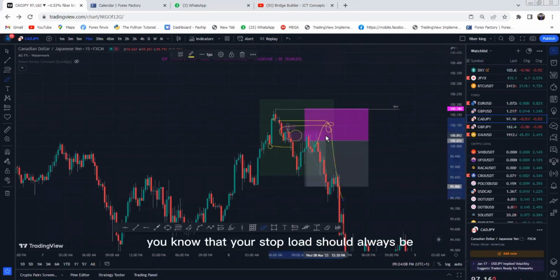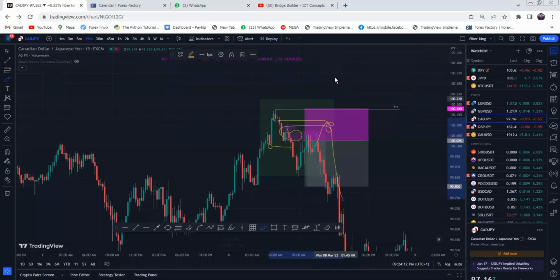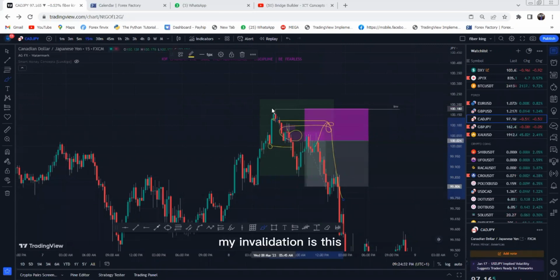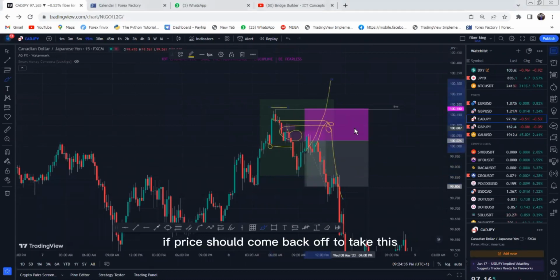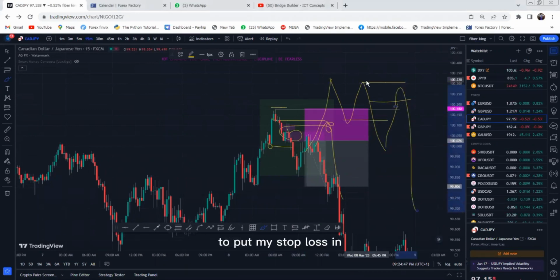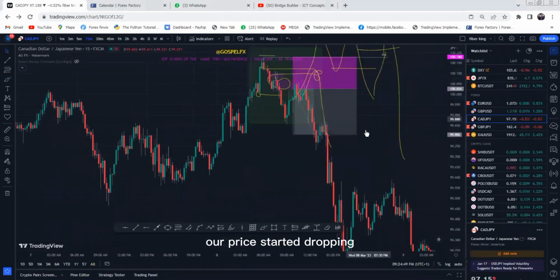You know that your stop loss should always be in a place that is going to be your invalidation zone. I'm on a sell on GJ. So your stop loss should mostly be on a swing low or swing high, which is likely going to be your invalidation for that particular entry time frame. So if I'm taking a trade from this order block, my invalidation is this. If price should come back up to take this, I'm going to sit down and wait until I see another structure shift before I take another trade, having a clear invalidation level to put my stop loss in. So from there, price started dropping,